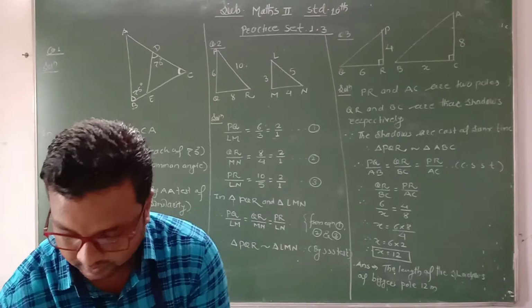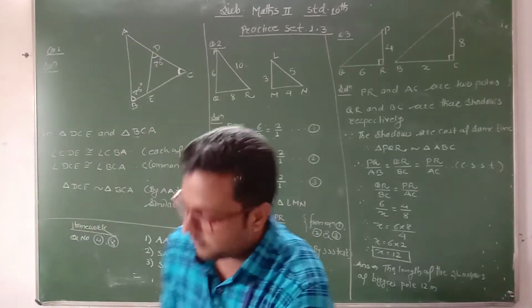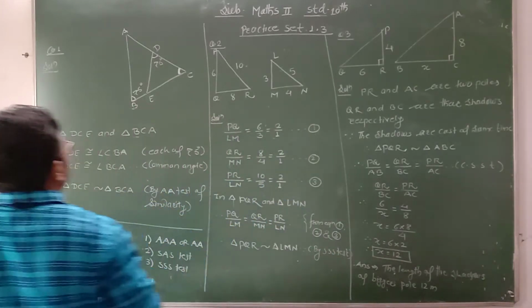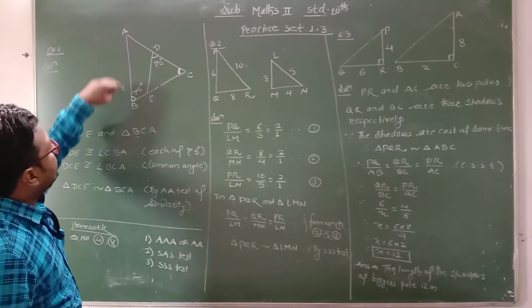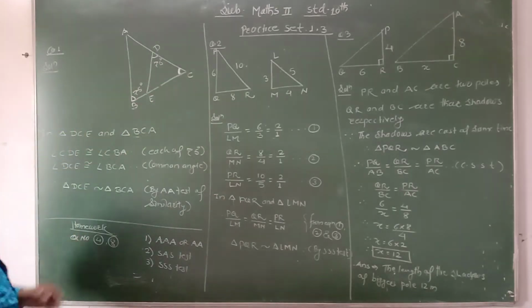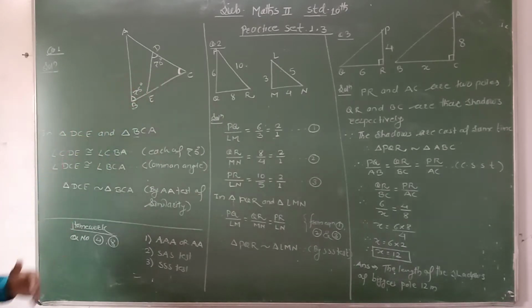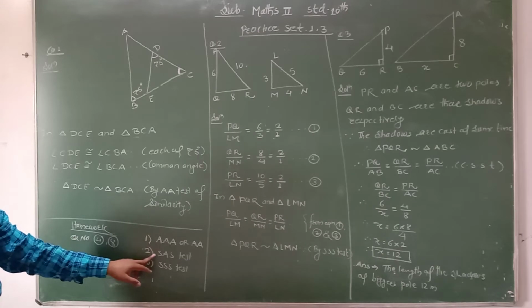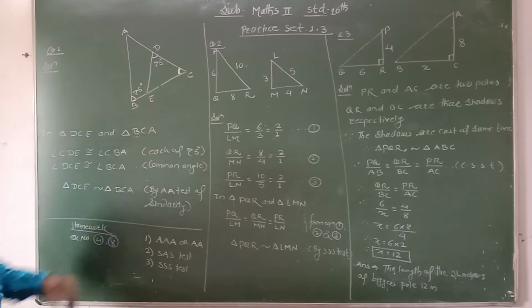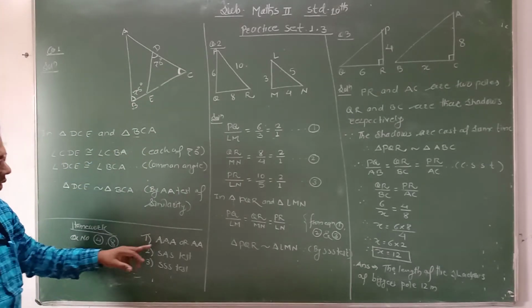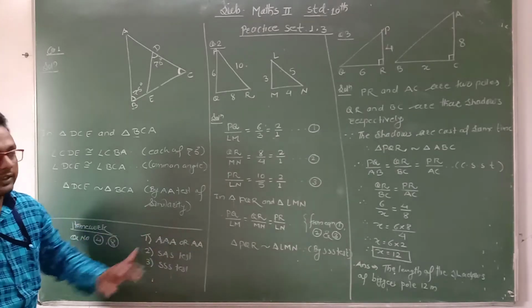Now, in the given figure, which two triangles are there? The small triangle DEC and this big triangle ABC. Now what is the information given in these triangles? Two angles are given here. Then which test can we use here? We can use the first or the second test. There is no information about the side. Therefore we can use the first test of the similarity of the triangle, that is the angle angle angle or the angle angle test.